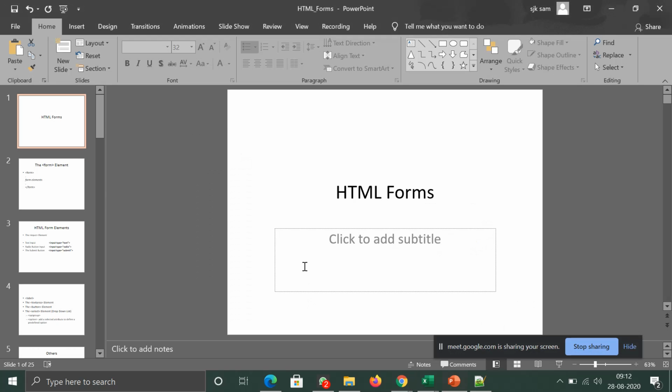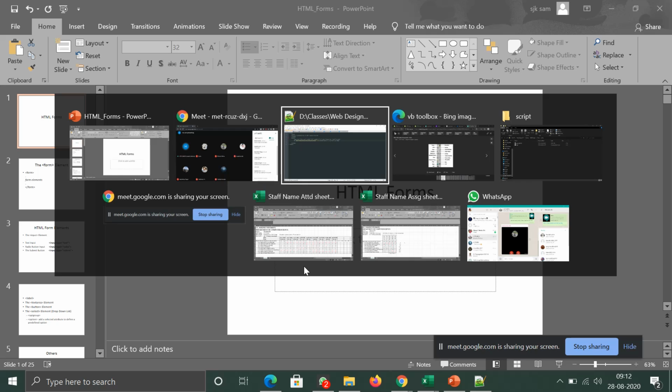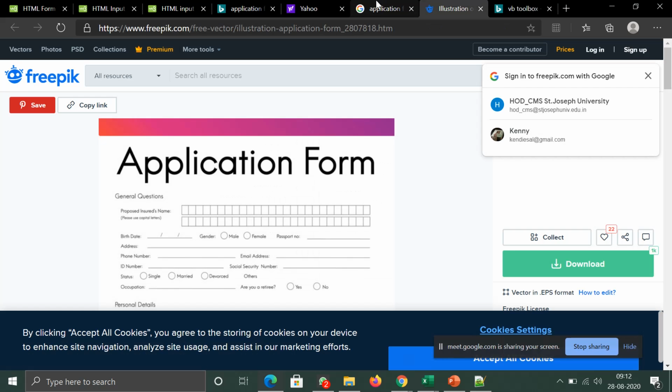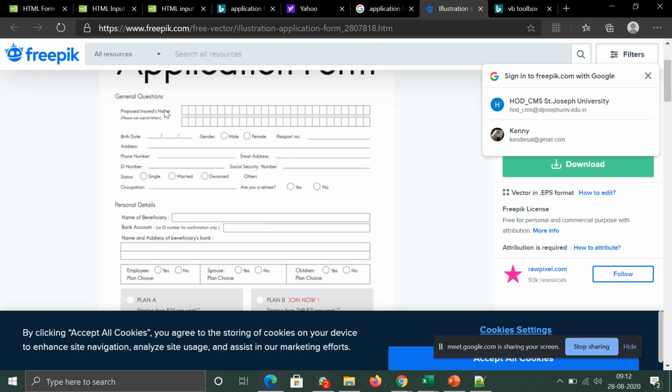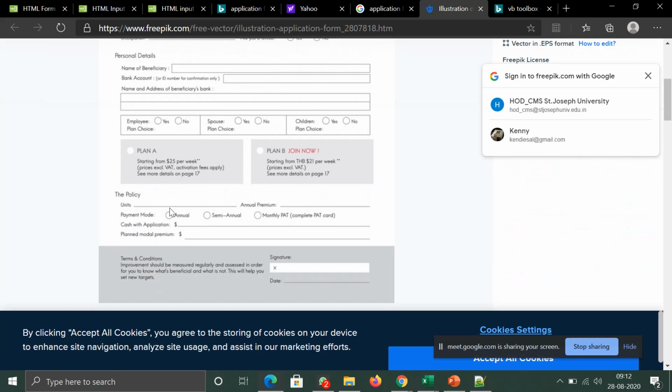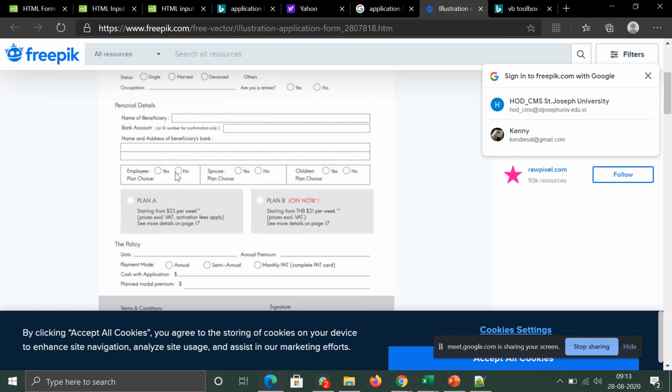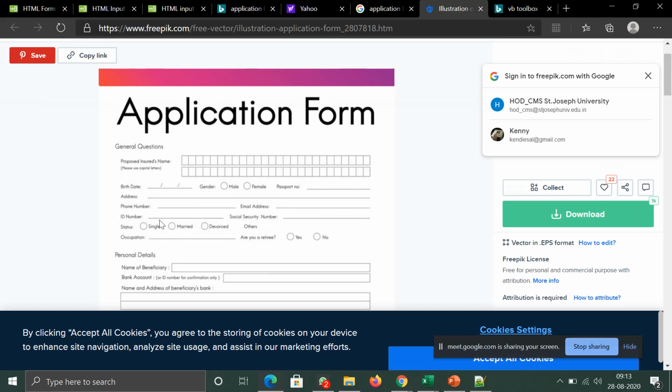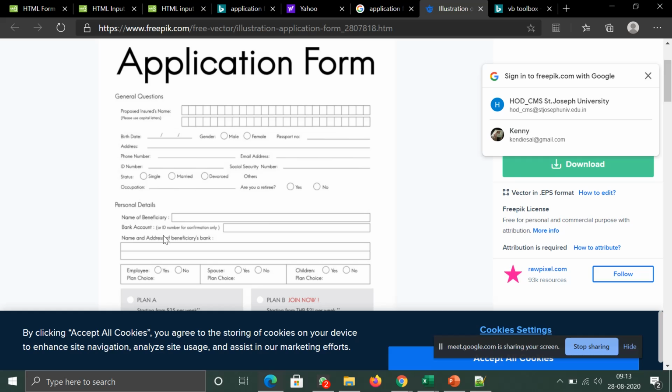So basically a form looks something like this. You have something called a text box, and a bunch of radio buttons if you want to give only a single input. If you want to give multiple inputs, then you will have a checkbox. So for example, you take payment mode, you can be any one of these three only, so you are given a radio button, like employee. But sometimes you can have two or more, whether you are earning and your spouse is also earning, that means you can have multiple, then you will have a checkbox.